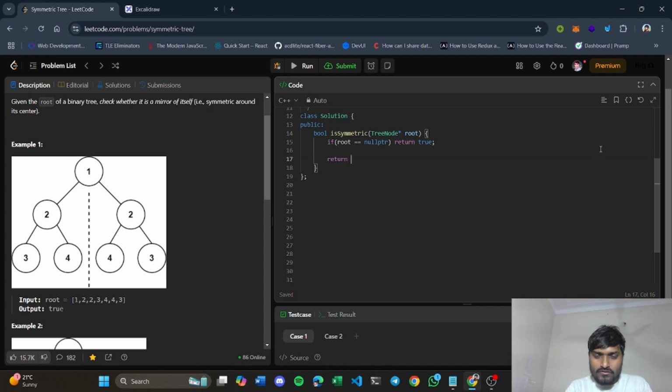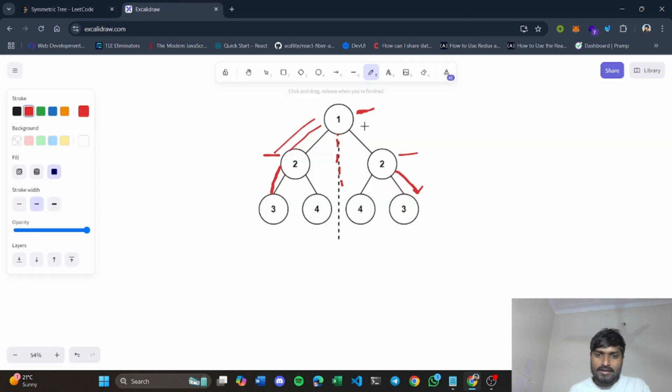Else what you will do? You will create a function. You call it solve function, right? So first of all, what I had said is that you will call for root left, and at the same time you will also call for root right.